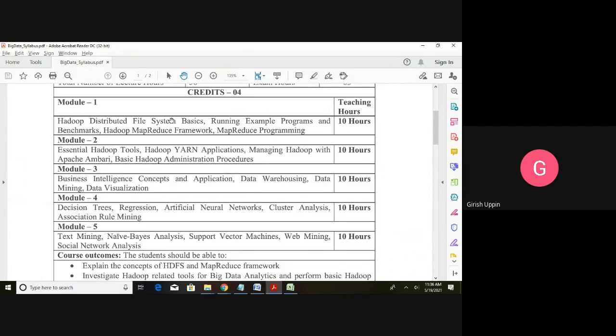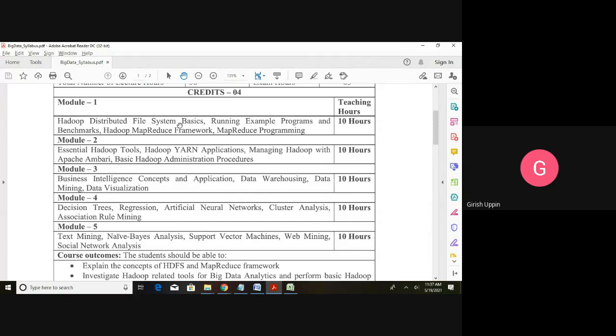So, as I told you, for module 1 and 2 we are referring to the Hadoop 2 Quick Start Guide by Douglas Eadline, and the chapters starting from the background, that is the first chapter, and the installation recipe, second chapter.